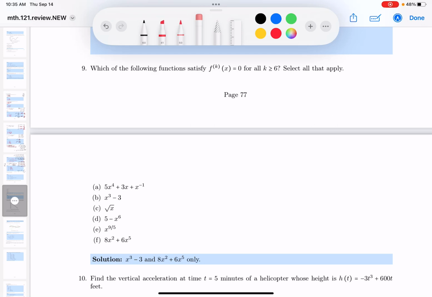Okay, this one here might be a little hard to understand. It says, which of the following functions satisfies that the kth derivative would be equal to 0, where k is greater than or equal to 6? So really, we're looking at these functions and we're wondering what happens when you start to differentiate them, where you hit 6 or more. So I'm going to look at the first one,